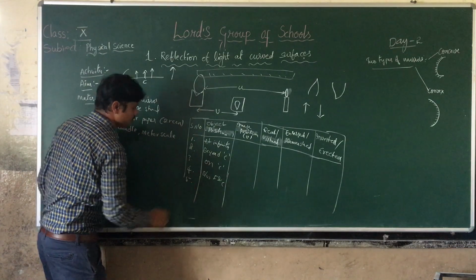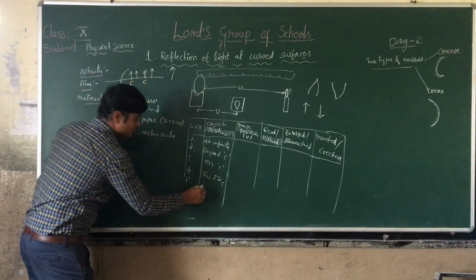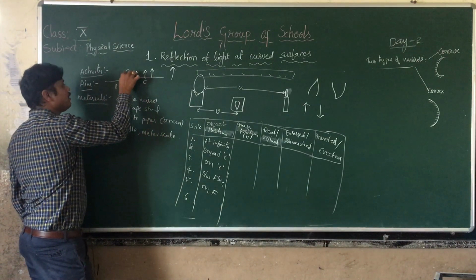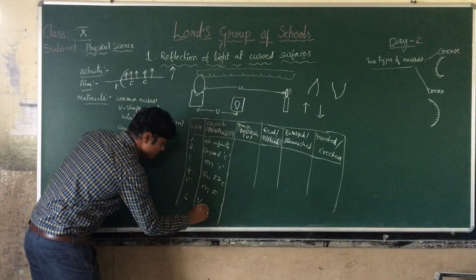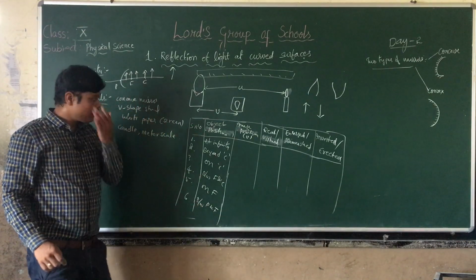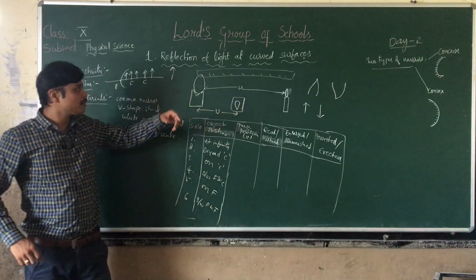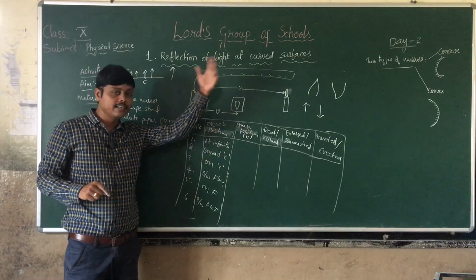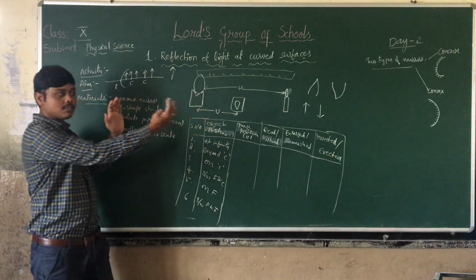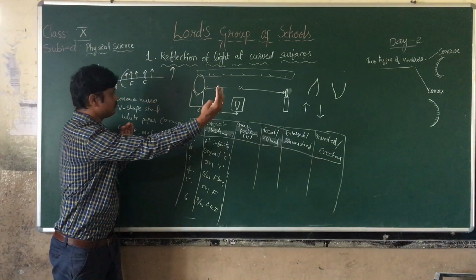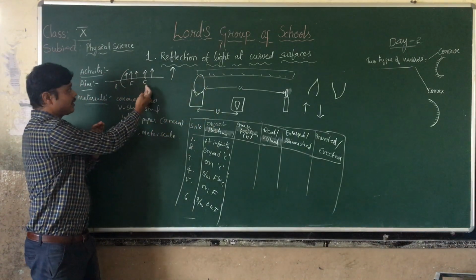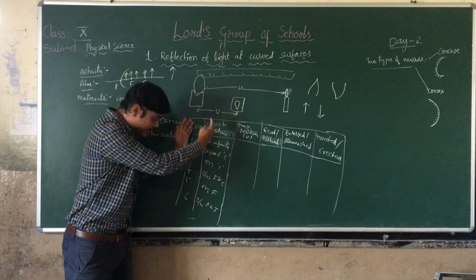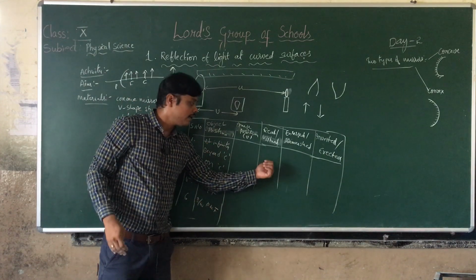And next, the fifth one, on F, on focus. And the sixth one, between pole and focus. So what are the object positions? How many positions are possible to place an object before the mirror? Totally 6 positions are possible. First, at infinity, means we are simply moving the object towards the mirror. First infinity, second beyond C, next on C, next between F and C, next on F, next between P and F. And we are placing the object at 6 positions and making the observations and noting them down in the table.